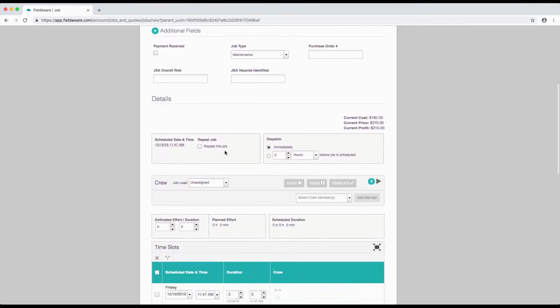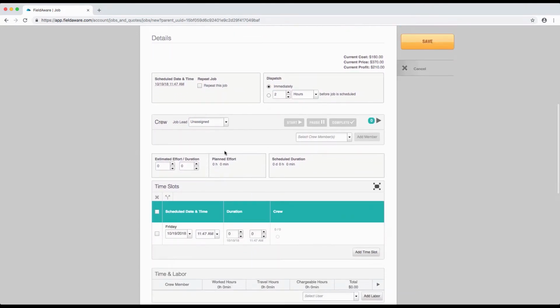As we scroll down, we're going to see the scheduling job commands. We have the opportunity now to repeat this job, and what repeating the job is going to do is create a new version of this job once every time interval. As an example, if your preventative maintenance practice offers your customers quarterly maintenances on pieces of equipment or the site in general, we can have this job repeat itself once every 3 months on a given day of the month,